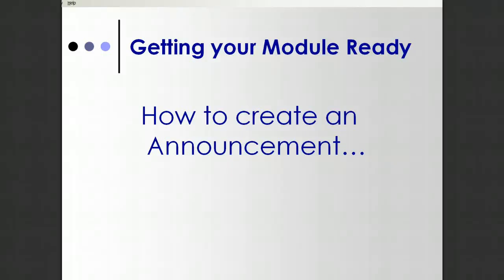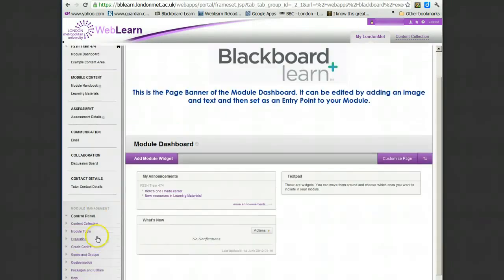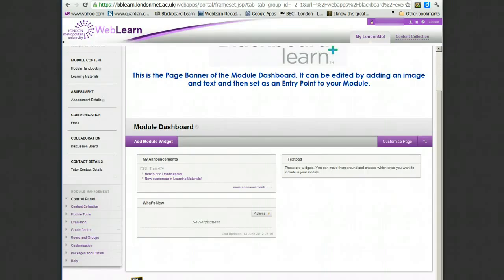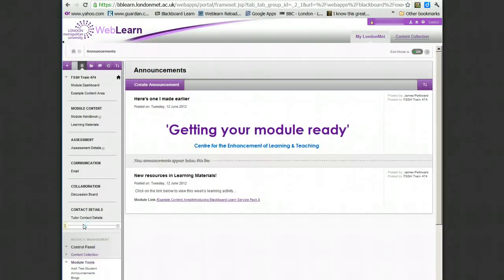So how can you create an announcement in Blackboard Learn? First of all, you need to go into your module and look at the control panel at the bottom left, and you'll find module tools. Under module tools, you need to click on announcements, and then at the top you'll see a button which says